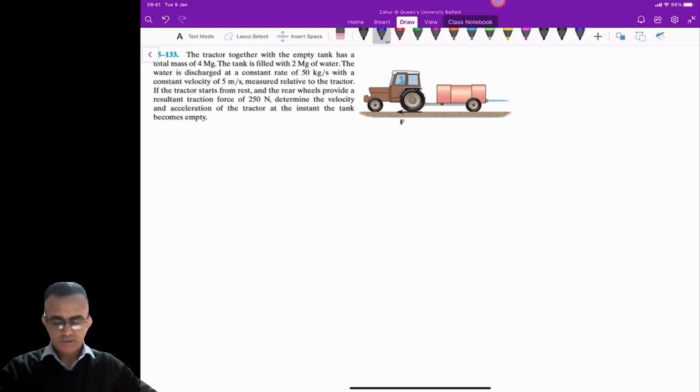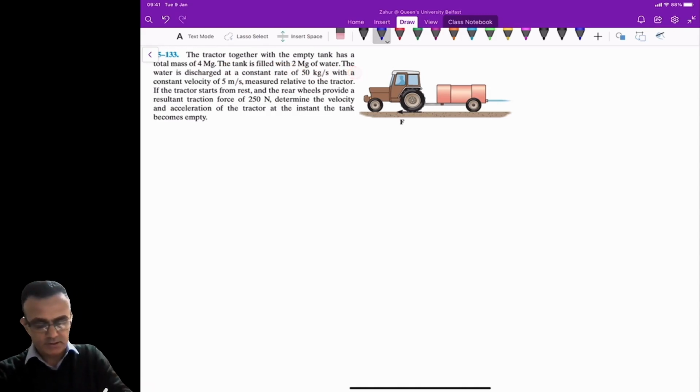Okay, so this example 133 is taken from the R.C. Hibbeler book, and it is one of the numerical examples in your tutorial sheet. Now, the tractor together with the empty tank has a total mass of 4 megagram. The tank is filled with 2 megagram of water. So this means that the